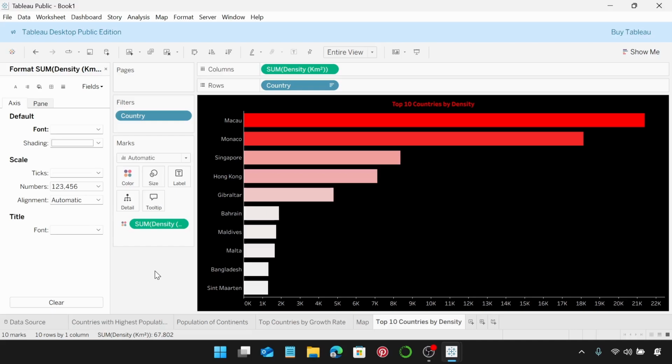And yeah, this is what we have for our top 10 countries by density. So Macau has the highest density, and you have Monaco, Singapore, Hong Kong, sorry, and is it Saint Martin or Saint Martin? I don't know if I'm saying it right, but yeah, there you have it. We are done with the density visualization. Let's now move on to the final